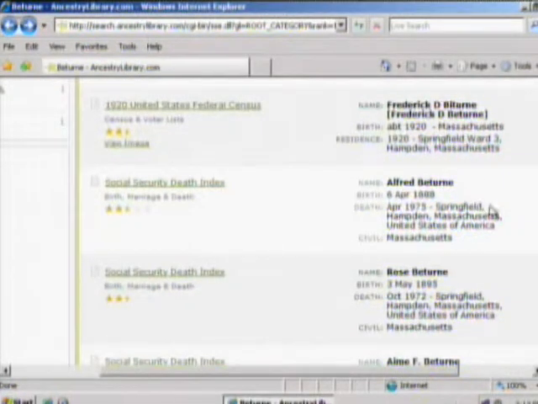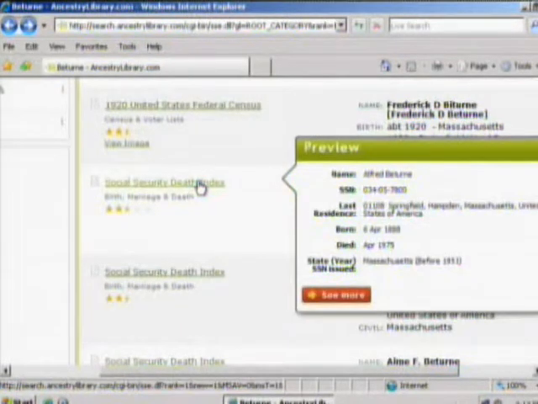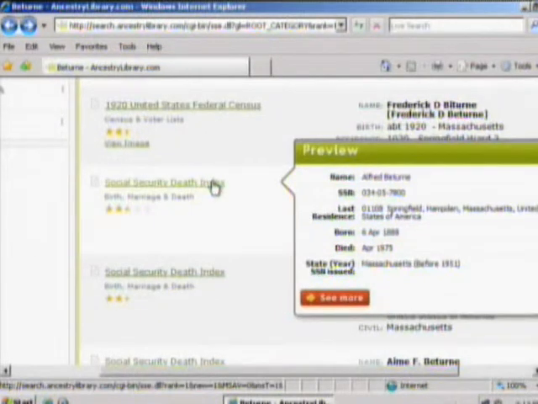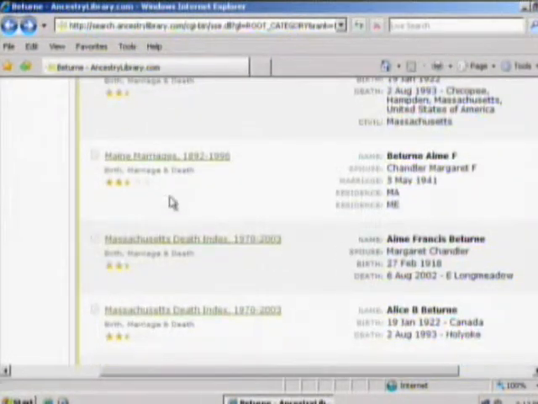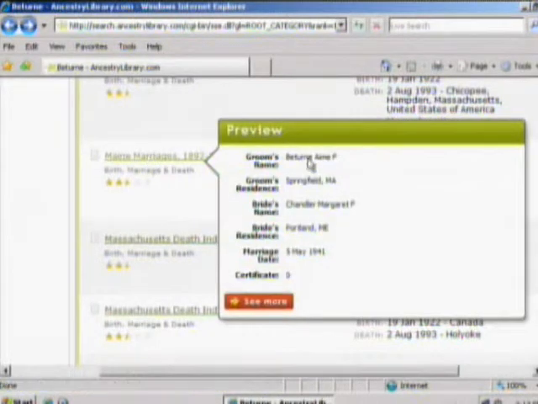And going back to different types of records that are available, there's access to the Social Security Death Index, and this is a record of deaths in the country after a certain period of time. So this gives you a little bit more information as to a death date. Scrolling down a little bit more, we can see marriages. This happens to be my grandfather and grandmother's marriage record. Not the record itself, but certainly just some dates that are helpful in my research.